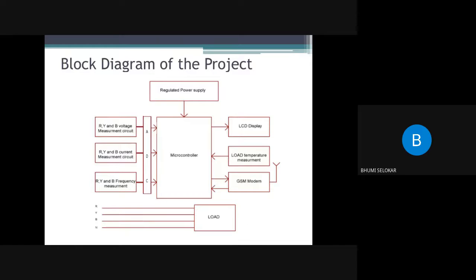block diagram. Here we are using a GSM modem, voltage, current and temperature measurement circuit, power supply, buzzer, LCD, and crystal oscillator, which is used to provide clocks to the microcontroller. It provides timing for different operations in the microcontroller. Relays are used to control heavy electrical loads and they provide a delay time function.